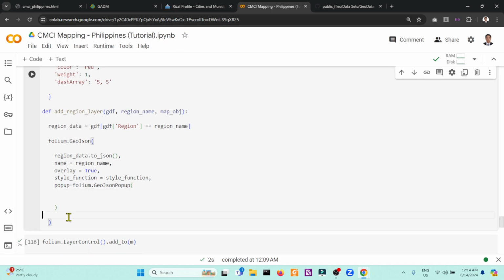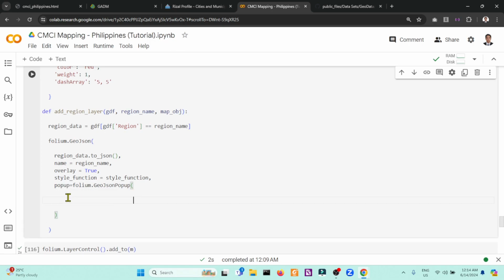So the pop-up here for the specific region will be different from the overall tooltip for the CMCI index because we're not defining a parsed HTML. So we will select specific fields. Our fields, let's select, I think, province based on our data.